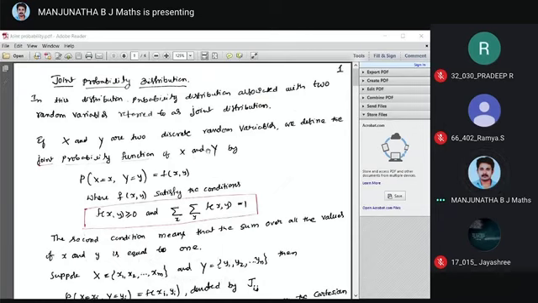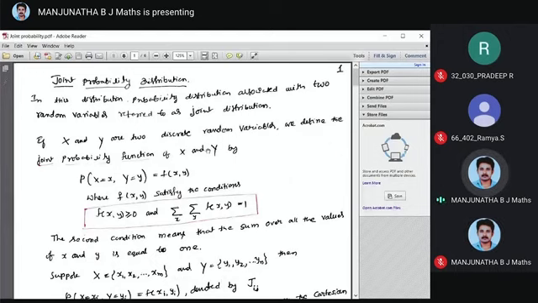Normal and continuous probability, that is discrete probability. We have discrete probability and continuous probability of one variable, which we have done already. Now we discuss the probability if I have two variables, with discrete and continuous random variables. So in this distribution, probability distributions, there was only one discrete random variable.